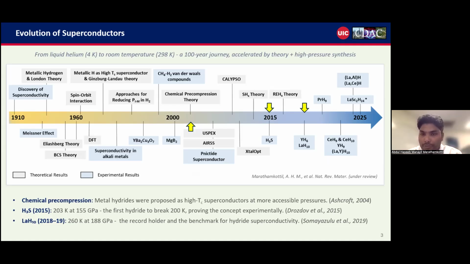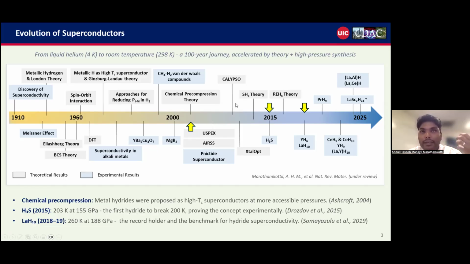The obstacle was obvious. Stabilizing metallic hydrogen requires pressures above 400 GPa. For context, 1 GPa is about 10,000 atmospheres. 400 GPa remains beyond reliable experimental reach till now. In 2004, Ashcroft made a second, equally important proposal. Instead of metallizing hydrogen directly, embed it in a metal lattice. Heavier atoms could provide what he called chemical precompression, squeezing hydrogen electronically and structurally, mimicking the conditions needed for metallization, but at far more accessible pressures. This single idea sparked a renaissance in hydride research.